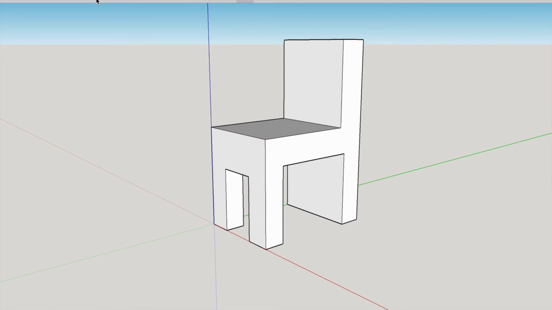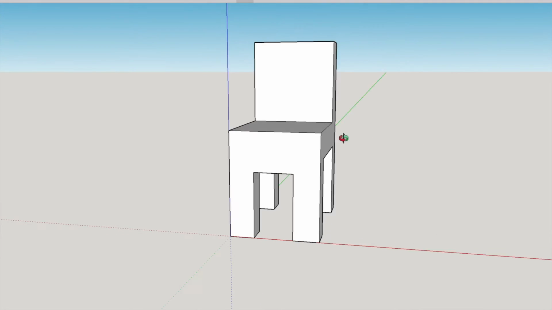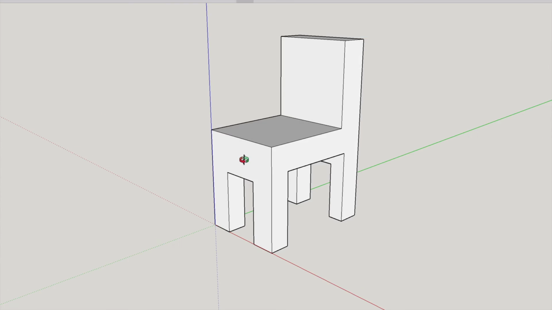So then I rotated. I did the same thing, grabbed the rectangle tool, trying to measure it out to make sure that the legs would be even enough for both sides. And I felt like that was right. I let go, released, and I used the push and pull method as well. And there we go. So then I used the rotation tool to rotate my chair so I could see it